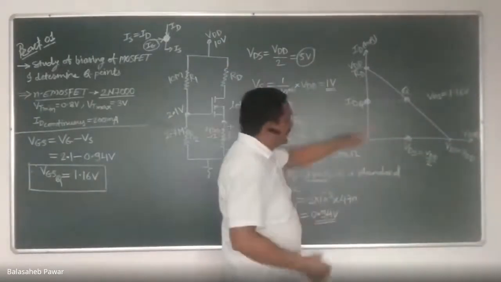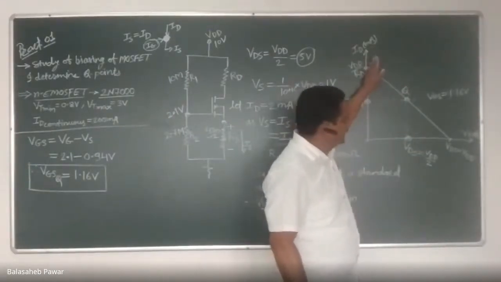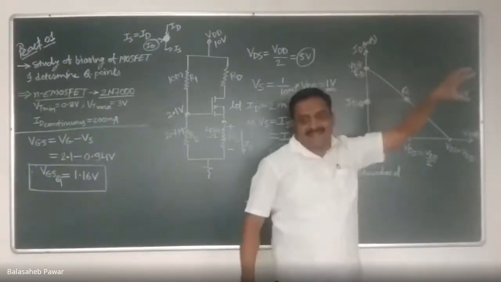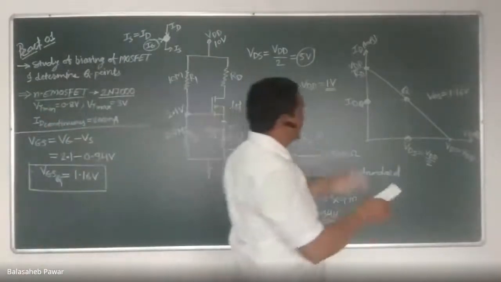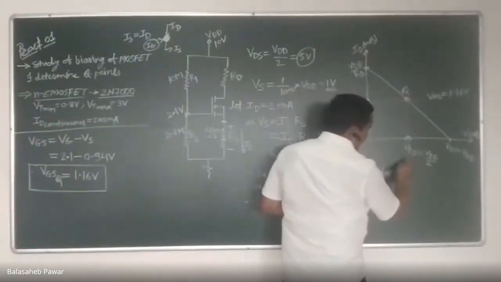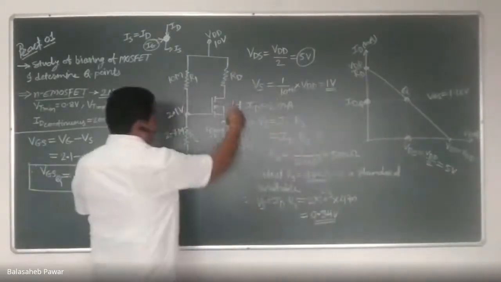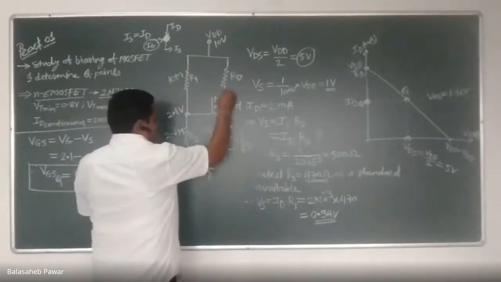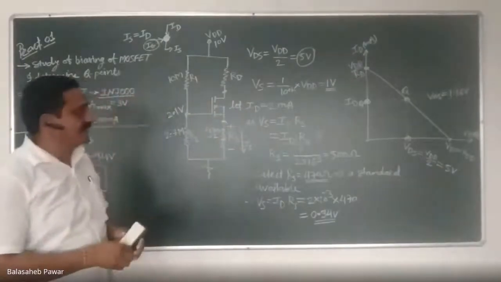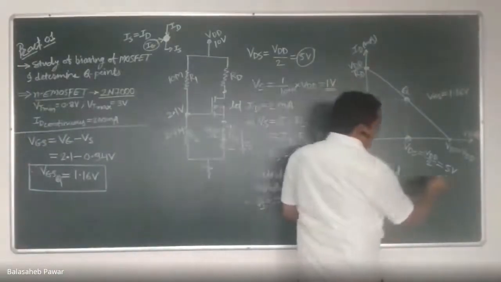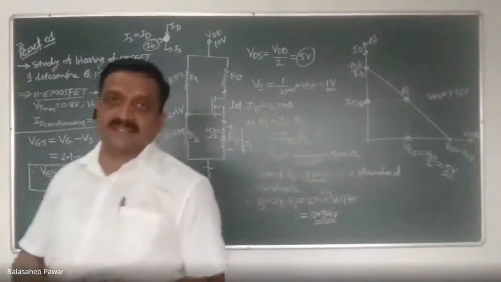That transistor will not work either in the cutoff region or in the ohmic region. Where will it work? It will work in the saturation region, but where in the saturation, towards ohmic or towards cutoff? It will work at the center. That means we can obtain its output voltage of 5 volts. Whenever you connect a DMM across this point, that is at drain with respect to source, your DMM should read a value close to this 5 volts. Then and only then can we say that the transistor is operating at the center of the load line.